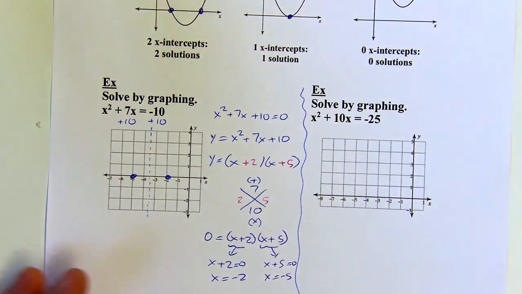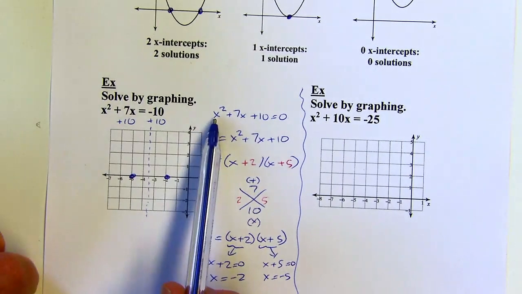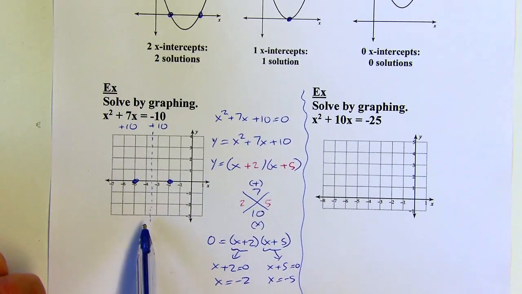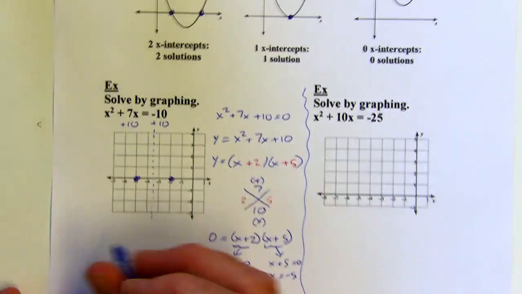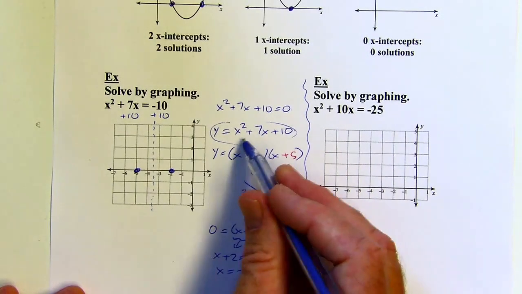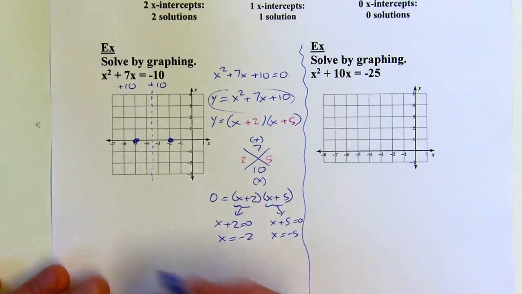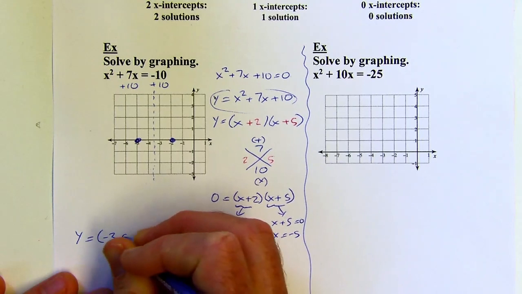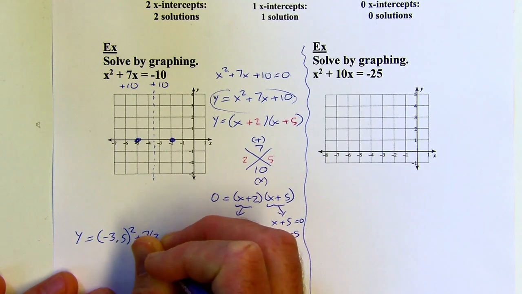Okay, and I also know that this parabola opens up, since the x squared is positive. So I know the vertex is going to be somewhere down here. What I can do is go back to this and see what happens. This would be negative 3.5 for the x, right? So I can go back here and say y equals negative 3.5 squared plus 7 times negative 3.5